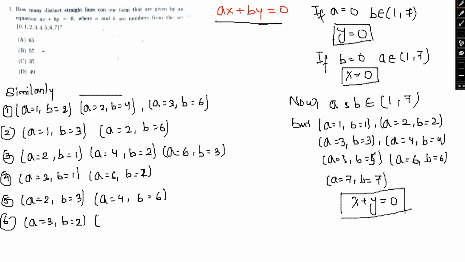and similarly A equal to 6 and B equal to 4. So these are the 6 possibilities that we have over here. Now all these possibilities basically yield the same equation. Therefore, if we take a look, the pairs of A and B that give unique straight line equations are,